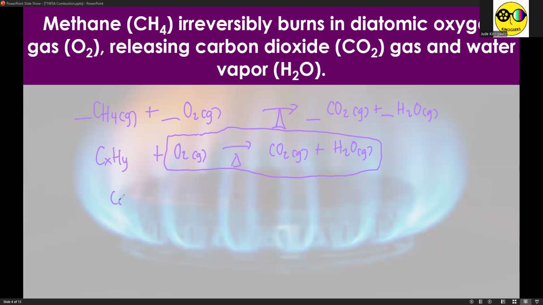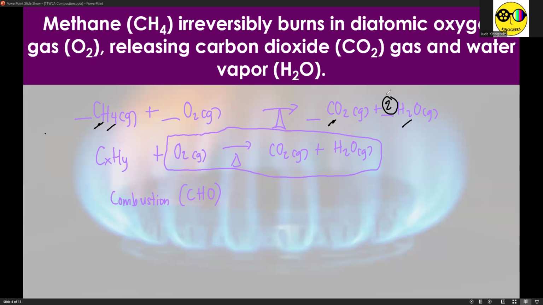So what type of reaction is this? This one refers to combustion. And when balancing combustion equations, you balance first carbon, followed by hydrogen, and then lastly, oxygen. For example, for methane, you have one carbon atom on the left side, and you have one carbon atom on the right side. So it's already balanced, no problem with that. For hydrogen, you have four hydrogen atoms on the left side and two hydrogen atoms on the right side. So for 2 to become 4, you have to multiply H2O by 2, balancing hydrogen in the process.